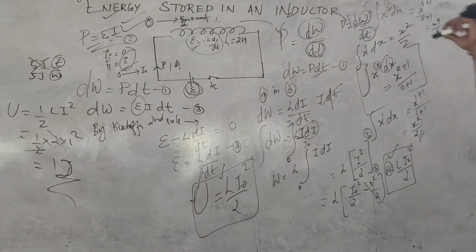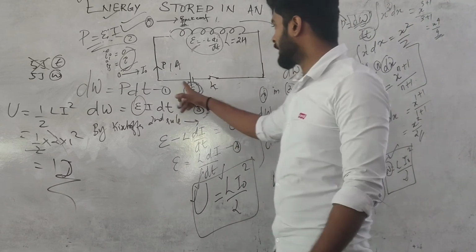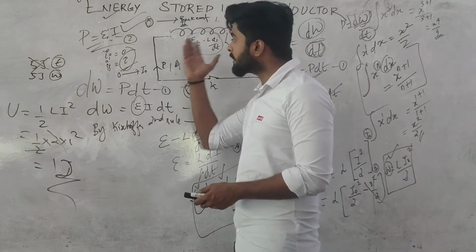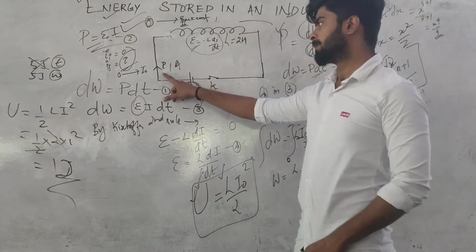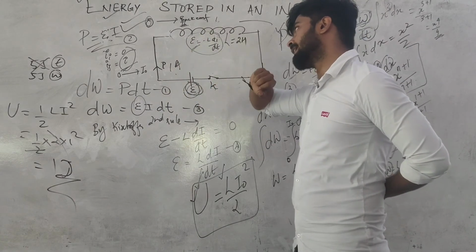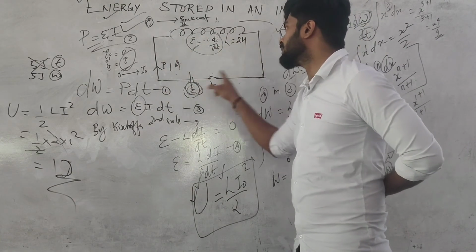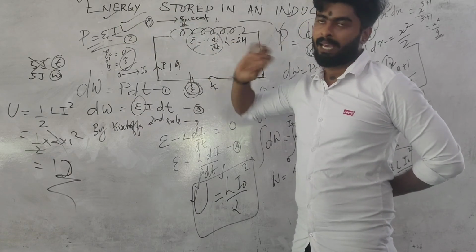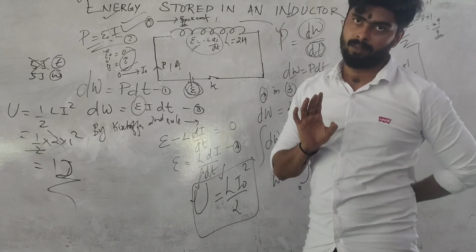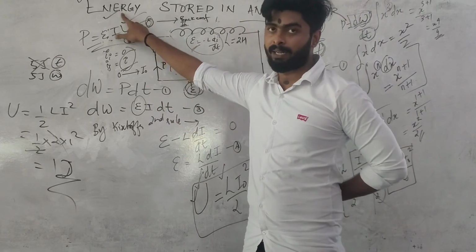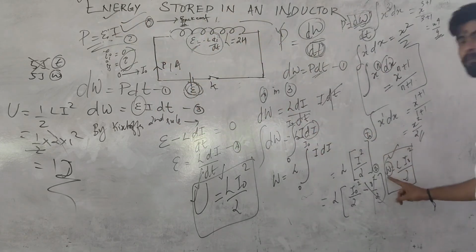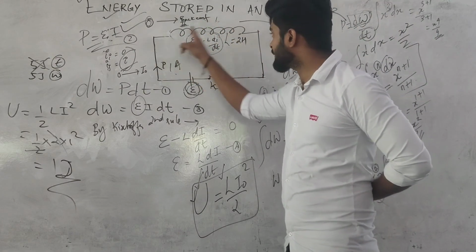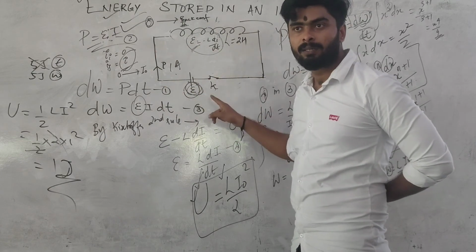So you have an inductor in the circuit. We have said that if the current increases through this circuit, there is a growth of current. This growth of current will be opposed by back EMF. In order to establish a current through this circuit, the inductor has to do some work, and that work will be stored in the form of energy. So in order to find the energy stored in an inductor, we will try to find the work done by the inductor. The inductor will do work and establish a current in this circuit.